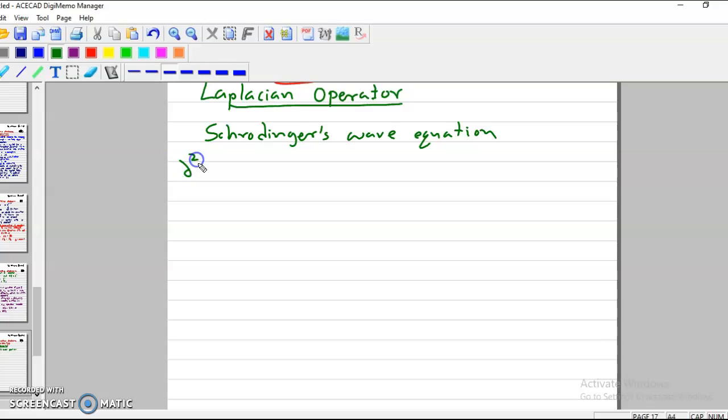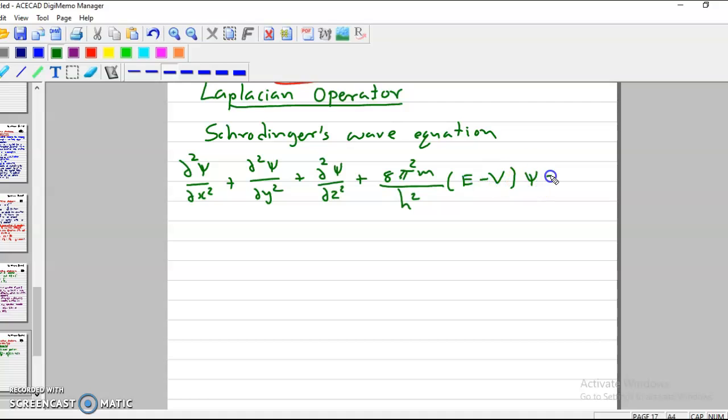That is del square psi upon del x square plus del square psi upon del y square plus del square psi upon del z square plus 8 pi square m upon h square (E minus V) psi is equal to 0. Okay, this is very long equation, and in Schrodinger's wave equation